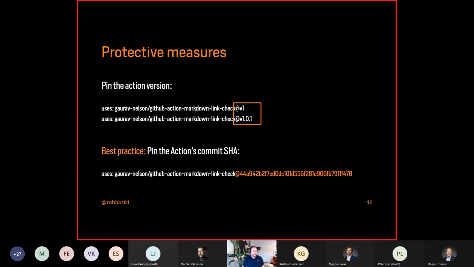Theoretically, it's possible to create a SHA collision, but then the code really isn't looking anything like it was before. So this is a unique code that says, this is the version that I've checked. I've assessed the risk. This is the one that I'm willing to take in. Use that one. That's fine. And now, even if the maintainer pushes new code into the action repository, you never will use that new code because you're using SHA pinning. This is the ultimate best practice that you have.